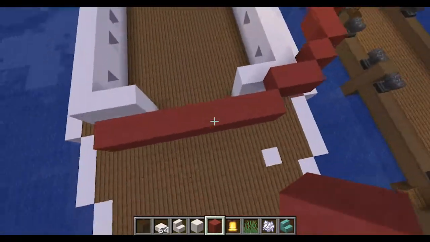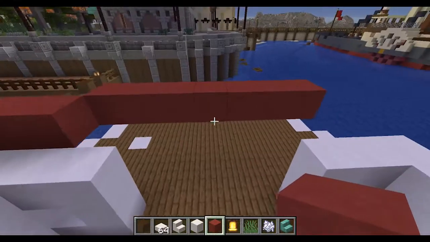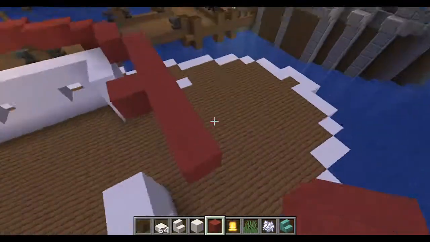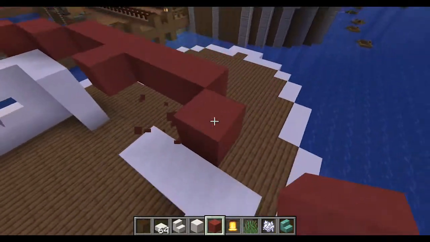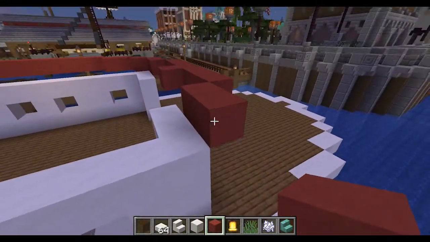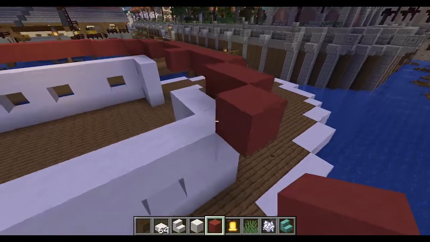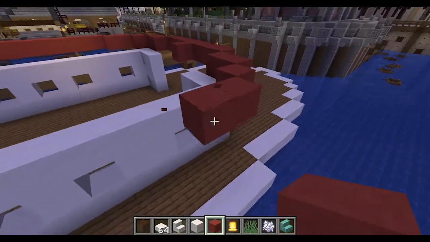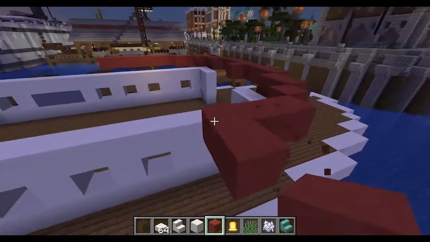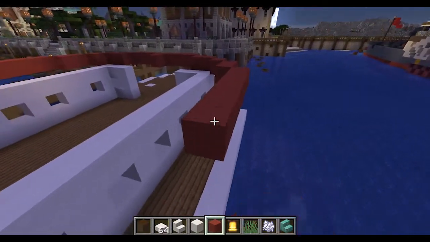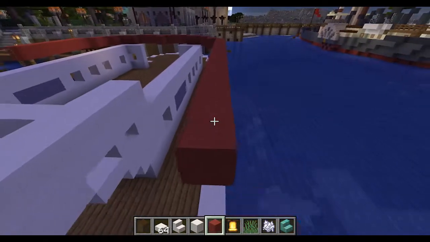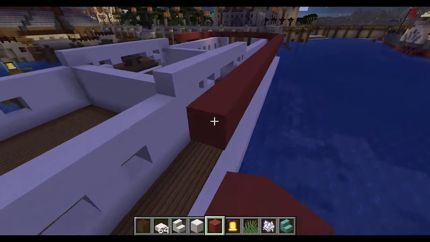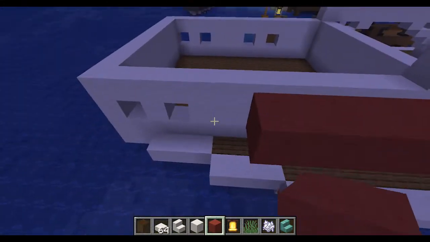Again, making sure that we're tapering everything and getting really nice, really good curves. And this is going to be the width of the entire craft. So that white level that's directly below needs to line up to this upper deck.